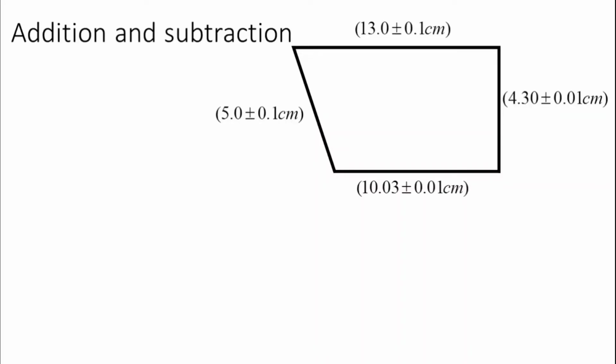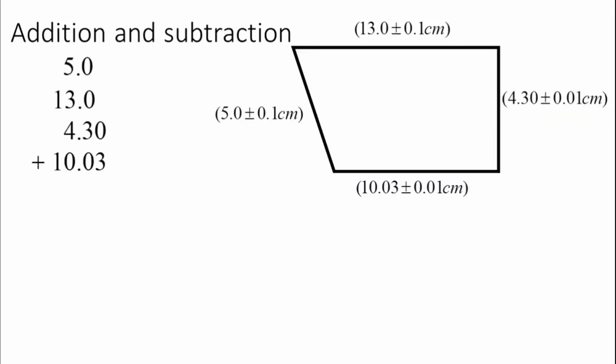To illustrate the idea of the combination of uncertainty for addition and subtraction, we are going to use this example. In this example, we are going to find the perimeter of a parallelogram. The sides are measured to be 5.0, 13.0, 4.30, and 10.03. The perimeter can be calculated by adding all the sides. 5.0 plus 13.0 plus 4.30 plus 10.03, this gives us